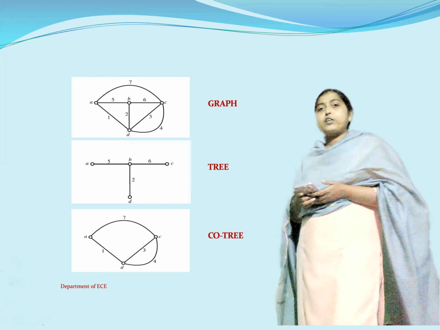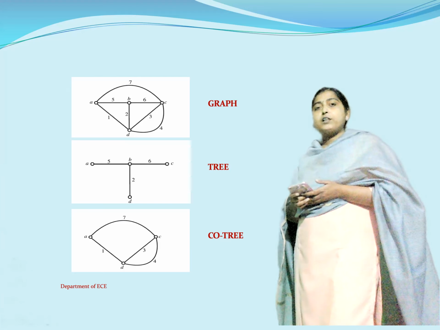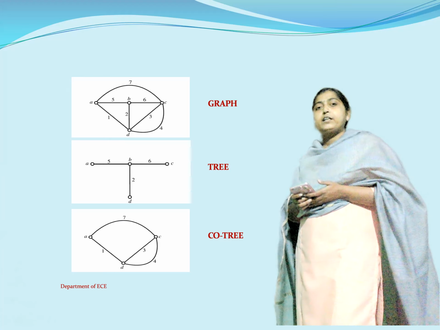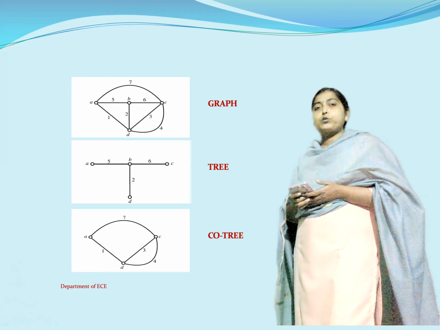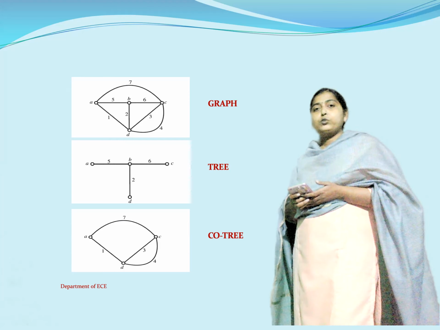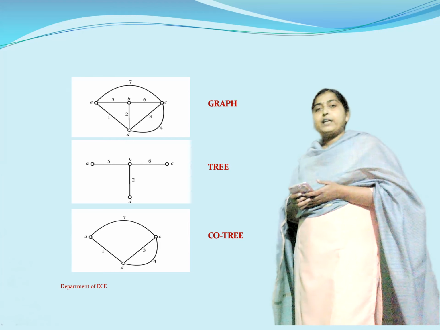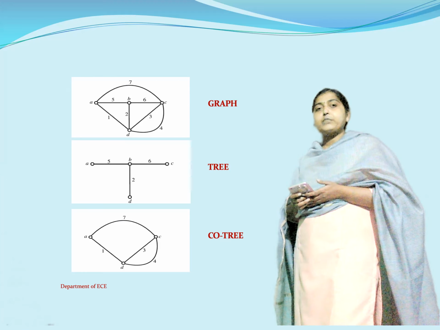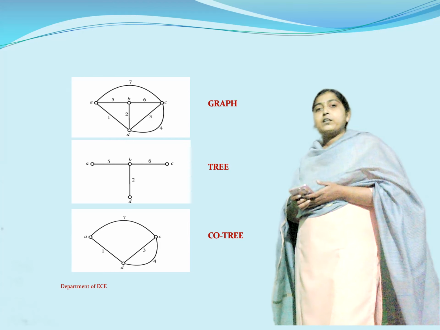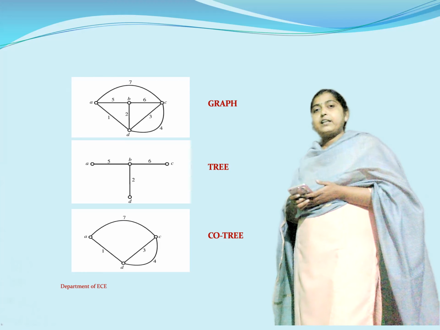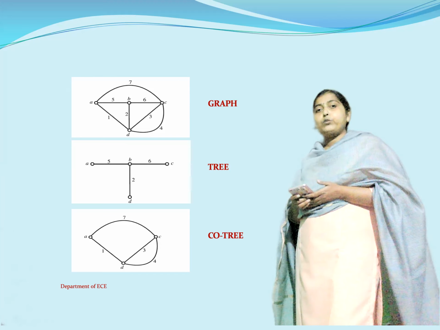So in order to draw the tree, all the closed loops have to be made open loops. So in the first loop, I am going to remove the top branch. So that is being removed. Then from the left loop, I am going to remove the extreme left line. So this is what you are going to get. Then from the third loop, I am going to remove this straight line. Then I am going to get this one. Then from the last loop, I am going to remove this particular branch. Then I am going to get this.